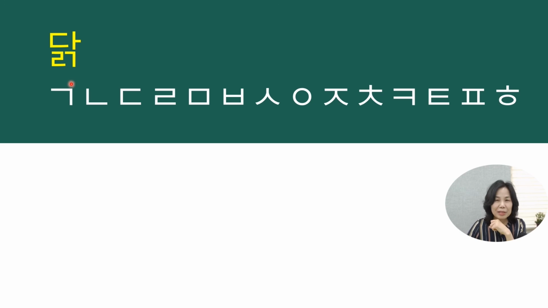This is chicken in Korean. I think no one in this world can read two consonants together at the same time. So you should choose one of them. I'm sure you know the order of consonants. 그, 느, 드, 르. Yes? And chicken has two final consonants, ㄹ and ㄱ. Which one comes first? ㄱ and ㄹ. Yes, ㄱ first. So we have to read it as 닭, 닭. If you read 달, that's wrong.